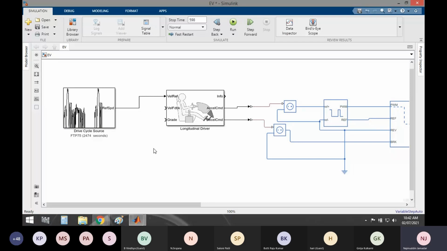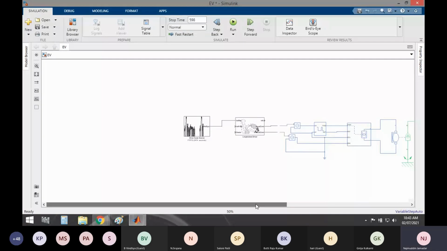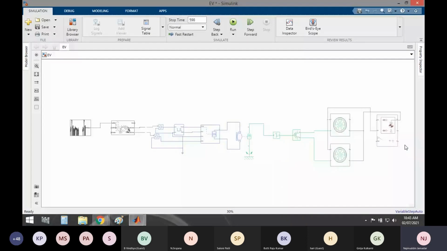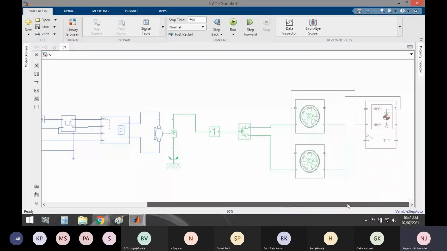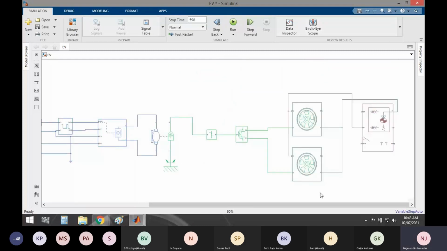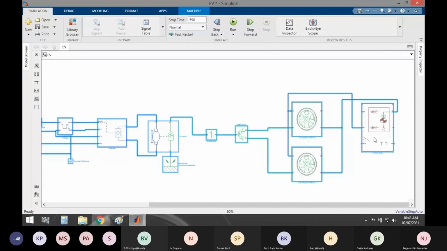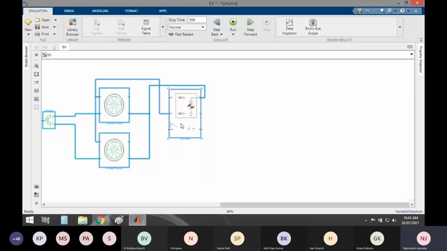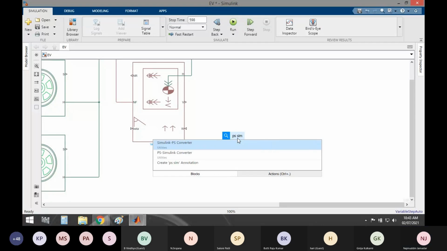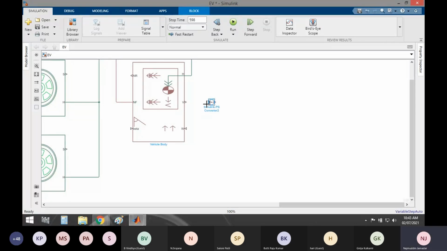Now we need some other facilities. We require a vehicle speed measurement system. This is vehicle speed, but again it is a physical signal. Now we have to convert it into a Simulink signal. So I require a PS-Simulink converter, otherwise it won't give a connection. So I will connect here.